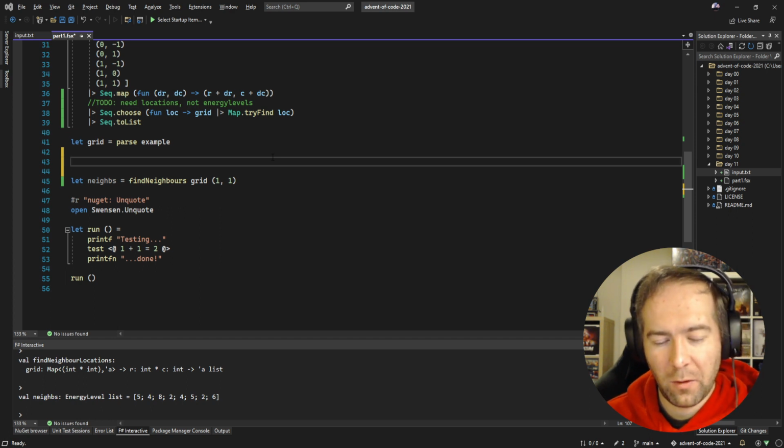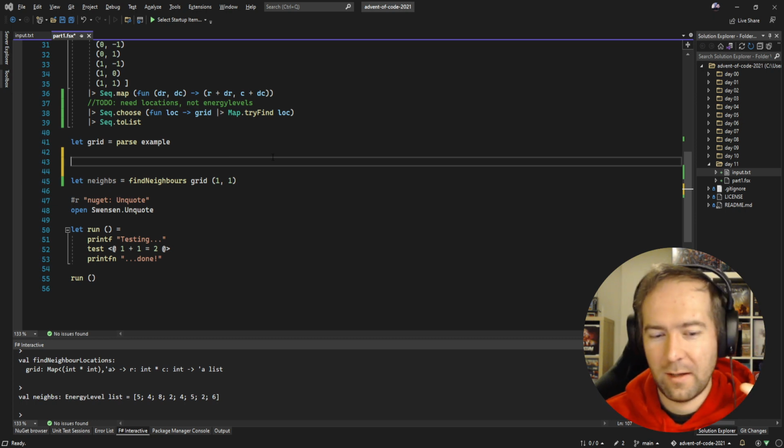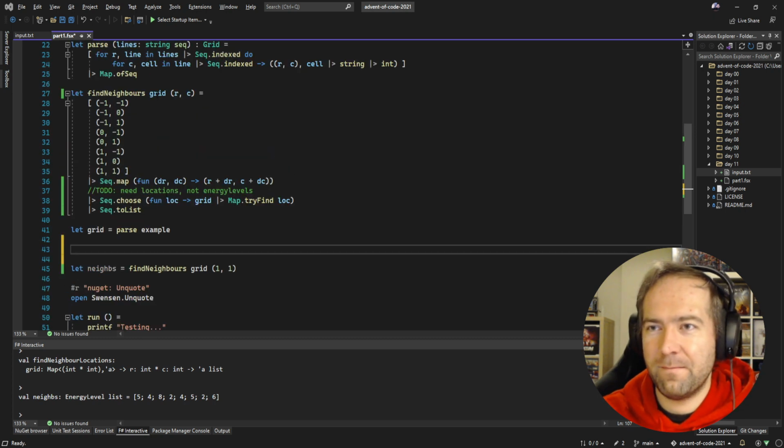Yeah, let's do something cool today. Let's write a fixed point operation. So a function that keeps looping and looks at two intermediate results. And if there is no difference, so it has reached a fixed point in its computation, then it just stops. So we're gonna fix point the grid